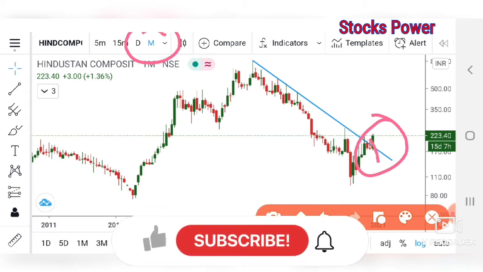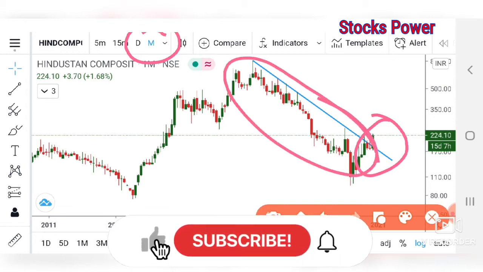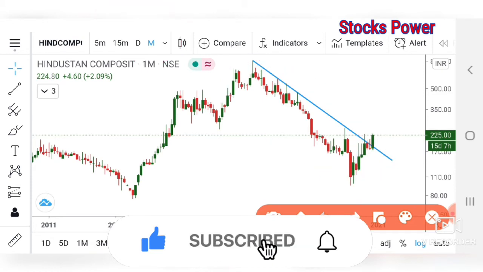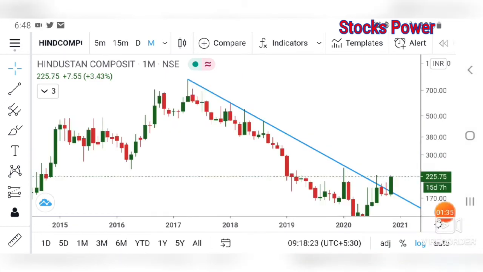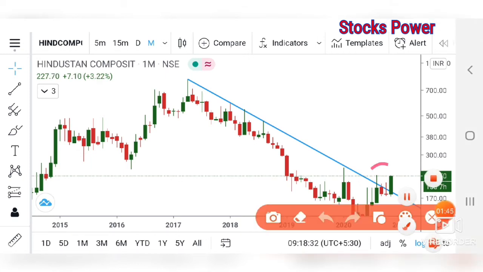In this trend line there must be 20 candles, or more than 20 candles, in this trend line setting, and the candle should touch 3 highs. Here we can see how many it is touching: 1, 2, 3, 4, 5 highs. After that it has given a breakout. You can check here, this is the breakout candle. If this candle remains closed above this month, you can take this stock on your radar.